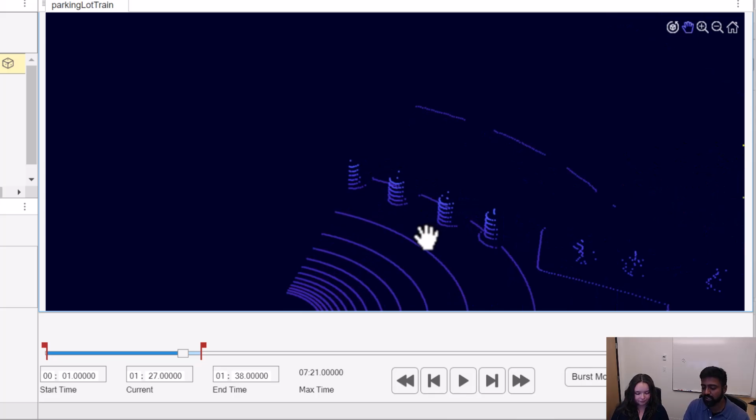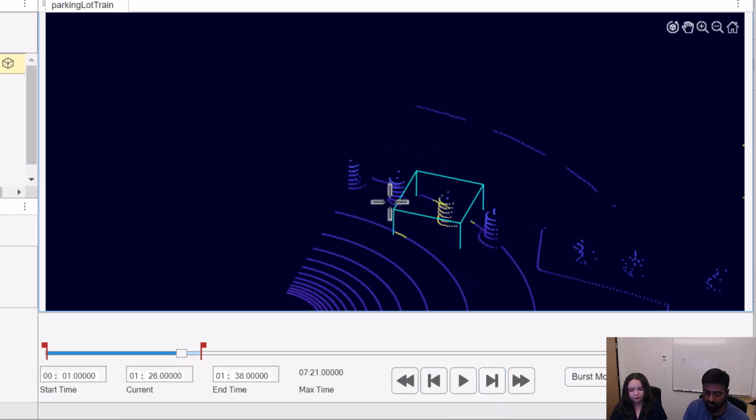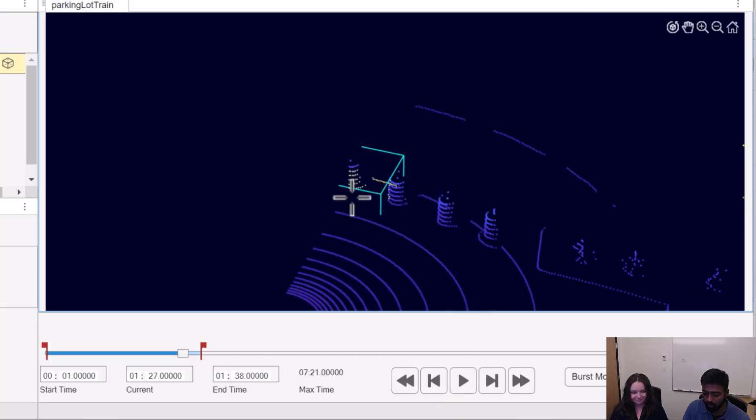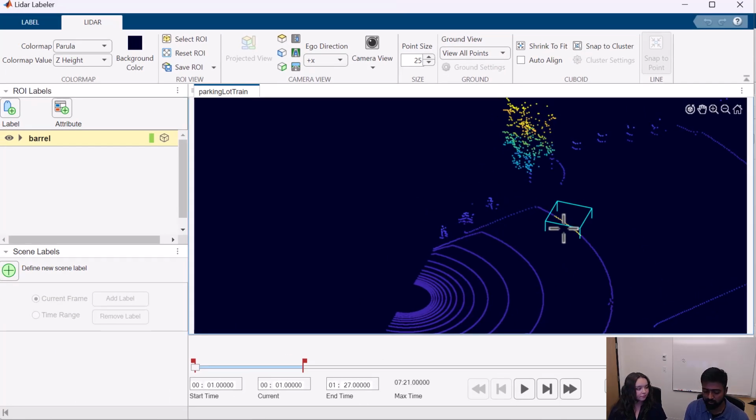Right away you can see that the objects are much denser because the car has gotten much closer to the barrel. And we can still see that first barrel in this frame. So if I go again, this is the last frame in which the first barrel was fully visible, and the next frame has something of the barrel cut out. The next frame, you can't really tell that's a barrel based on just a few points. So I'm going to stop it right here and get the flag to where my frame is. So this is the region in which we are going to be automating. So I'm going to go back to the first frame. If you use this button, it'll go back to the start of the flag.